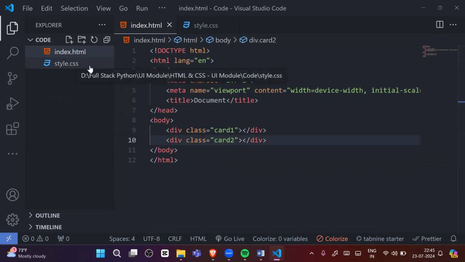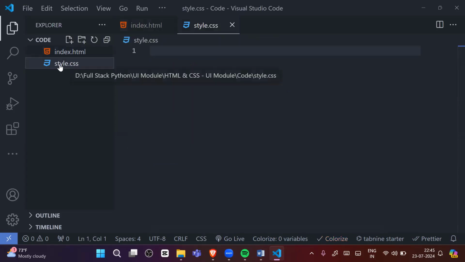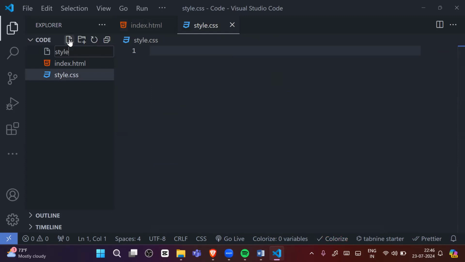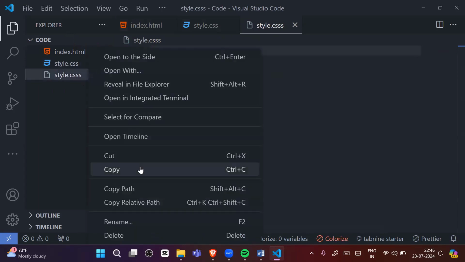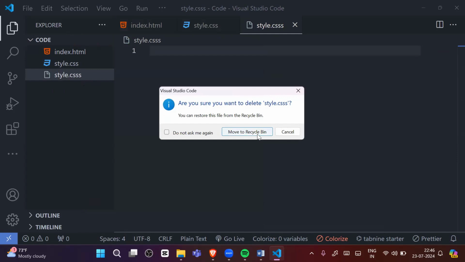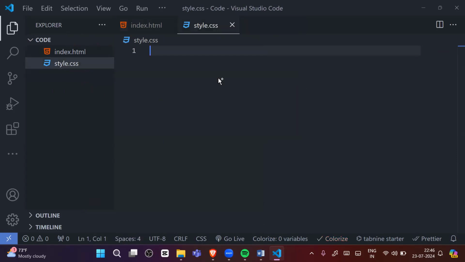We will discuss the types of CSS later, but as of now, I'm writing in style.css. If style.css is not there, you can create it by clicking here on new file and writing style.css. I already have it, so I will not create another file. One extra s came, so I can delete it.